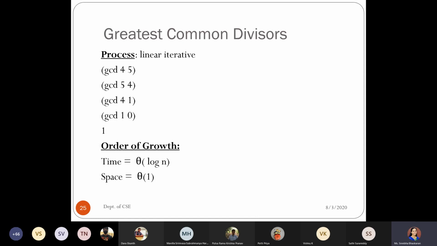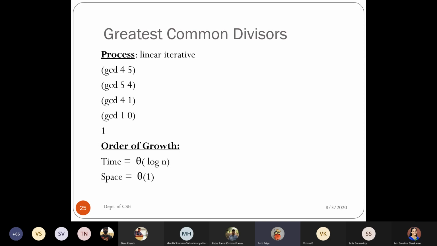Ma'am, I think I'm mixing time complexity and space complexity, but even then the number of steps can vary, no, ma'am. Sometimes we'll be getting just 2 or 3 steps, and some other times some more steps. So won't we see that space is not constant and is also varying according to log n?